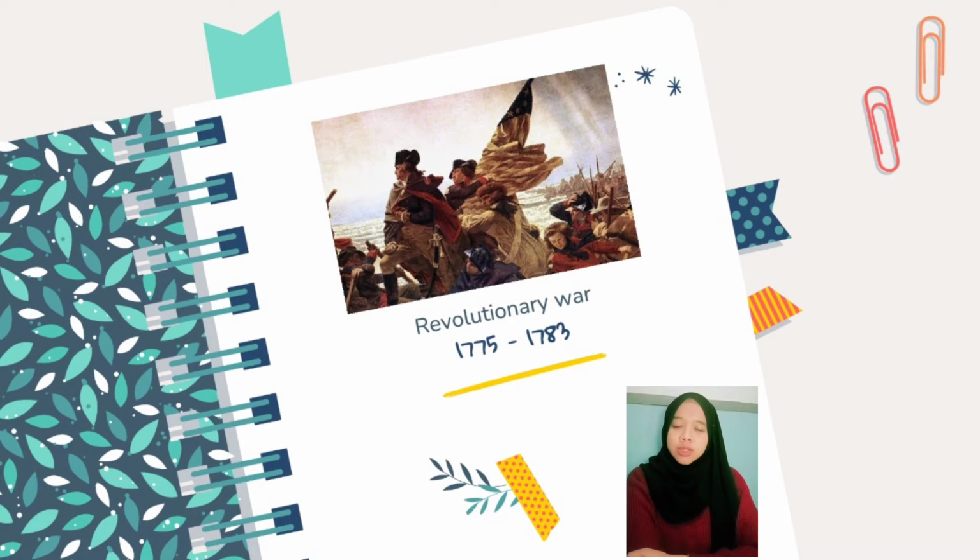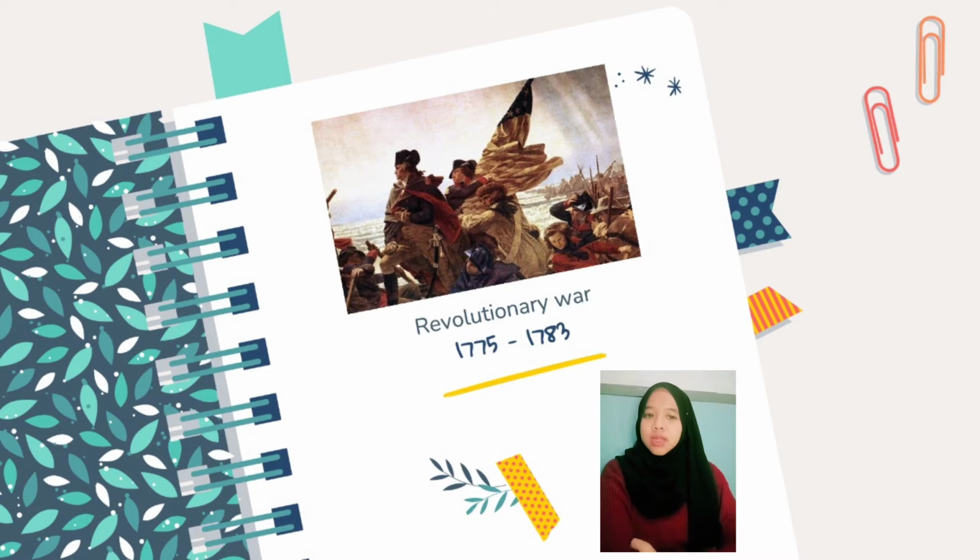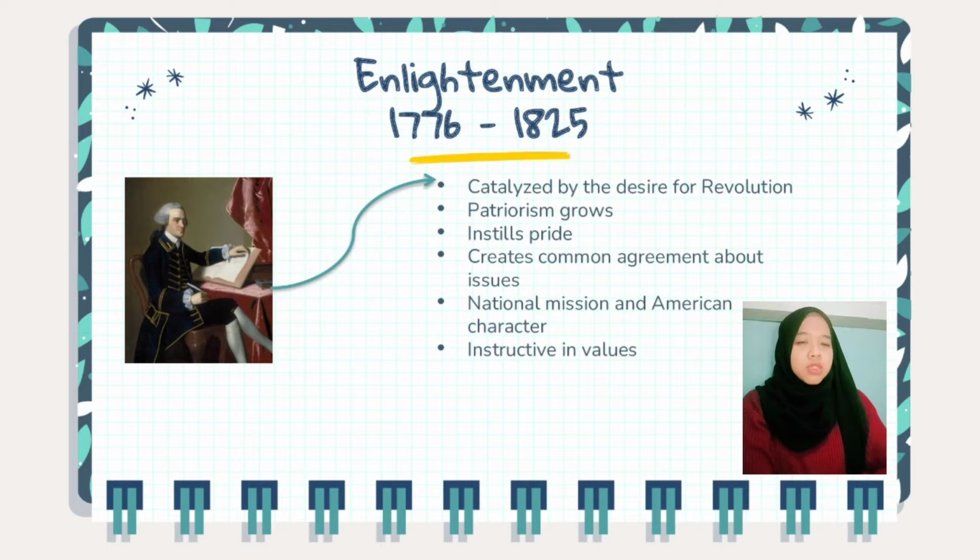The Revolutionary War is going to cause the colonial literary period to end. The Revolutionary War lasts from 1775 to 1783, and it's going to mark the beginning of the Enlightenment period, which lasts from 1776 to 1825. The Enlightenment period was catalyzed by the desire for revolution, and therefore within this writing we're going to see